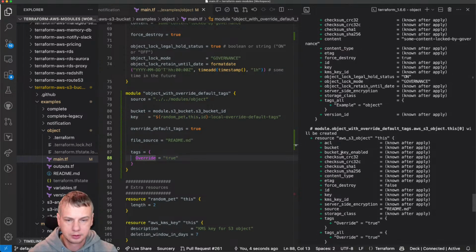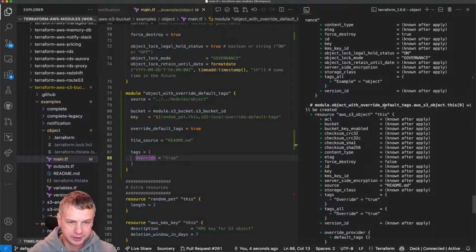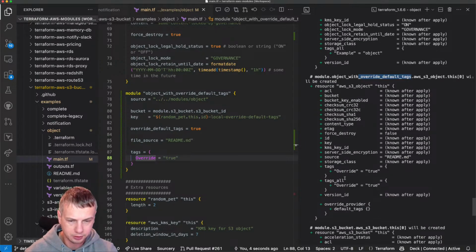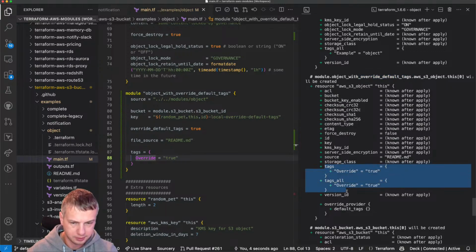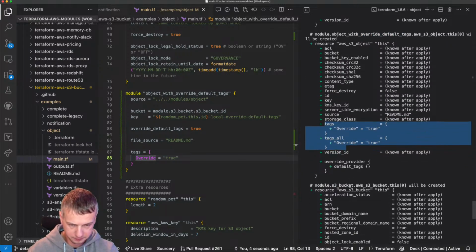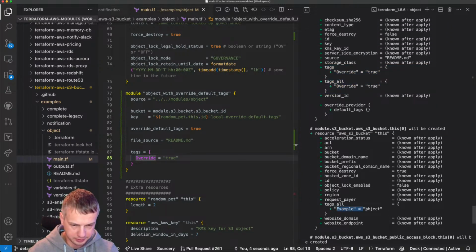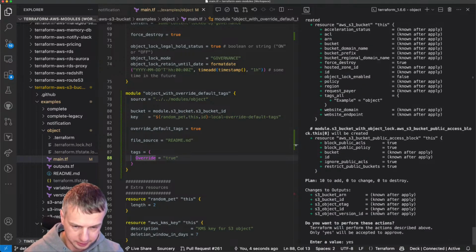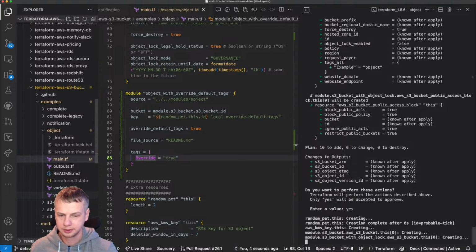But I can already see that this one, the right one, is only using the tag which we specified, while other things are using example object, which is coming from the provider. So it seems to work.